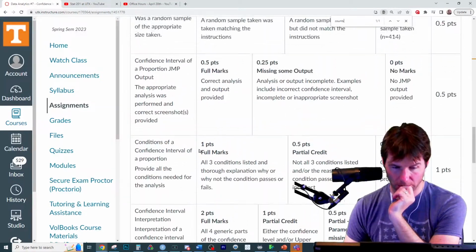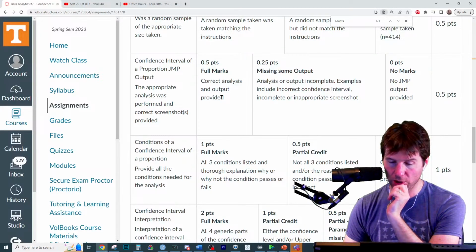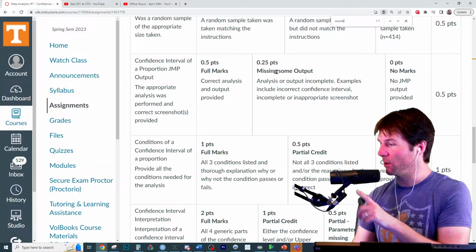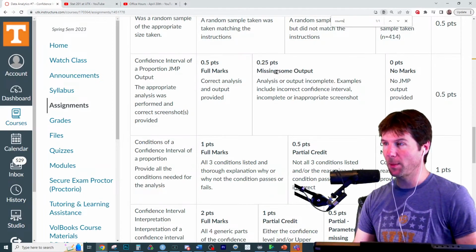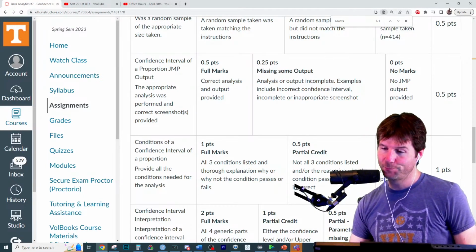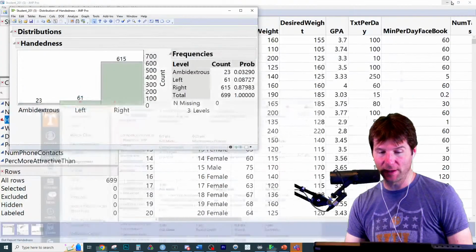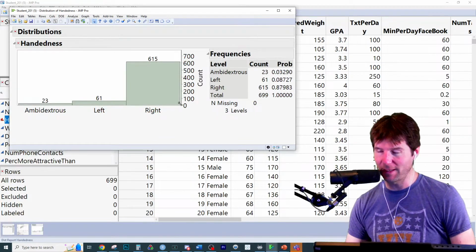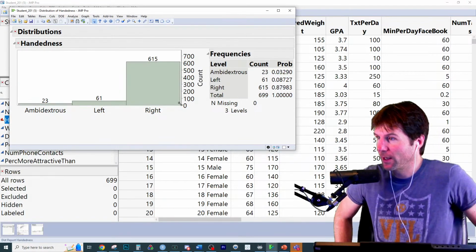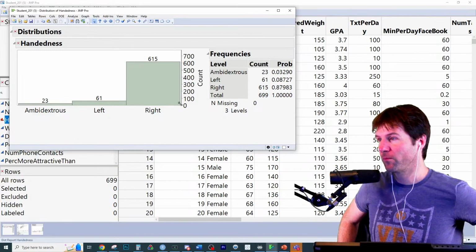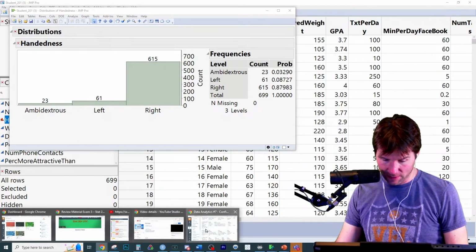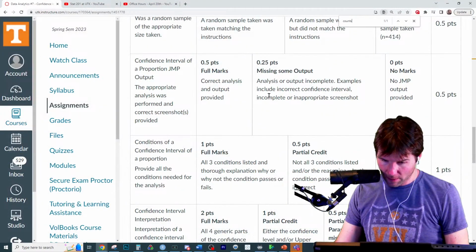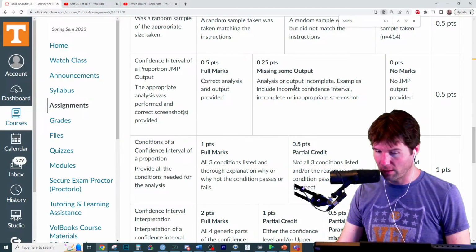Where's the screenshot portion? Correct screenshot. They shouldn't. It might cost someone 0.25 points. Still not happy about that. With the count axis, it's usually enough, but for this one, he wants the counts shown over the bars, and that could lose someone 0.25 points on that. It does say it in the rubric, doesn't it? Does it say it down here?